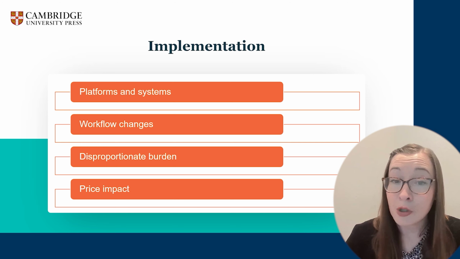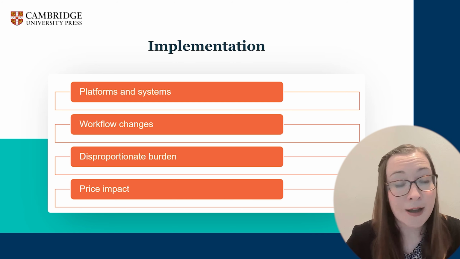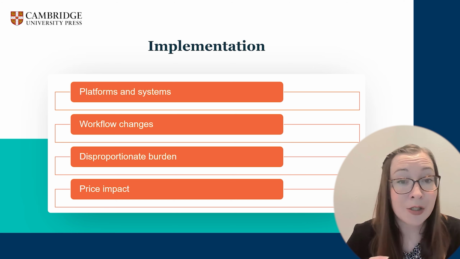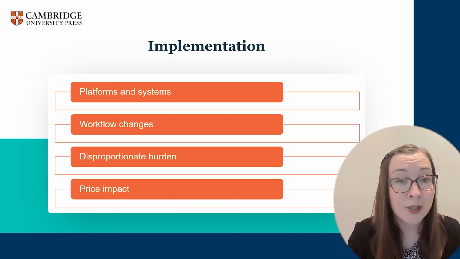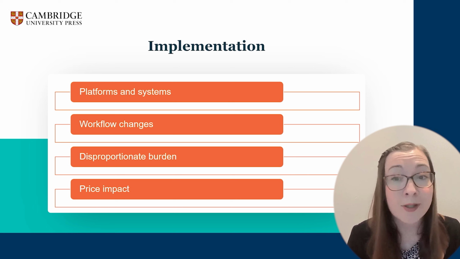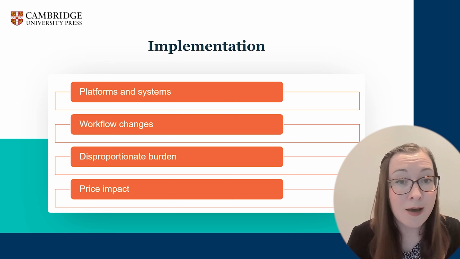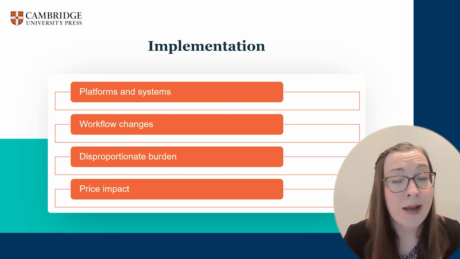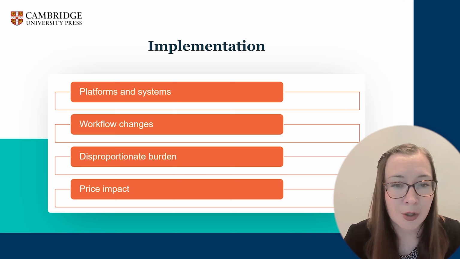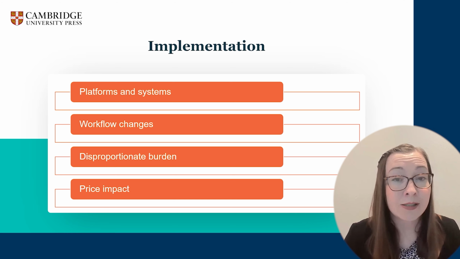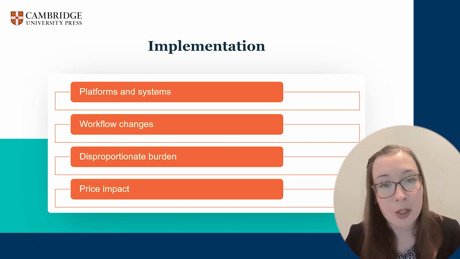You'll also need to consider your different project types, for example, Word and LaTeX, and how things will differ between them. In LaTeX, alt text can be added directly into the code, but you'll need to make sure that your class files are set up for that, and if authors are doing this themselves, that they have guidance on how to do it. You should also consider all your different formats, whether that's EPUB, HTML or PDF, and you'll need to talk to your typesetters about how they will add the alt text into the files during production. As alt text isn't visible, you also have to agree a way to output it so it can be QA'd.